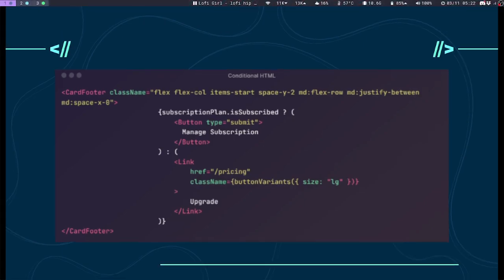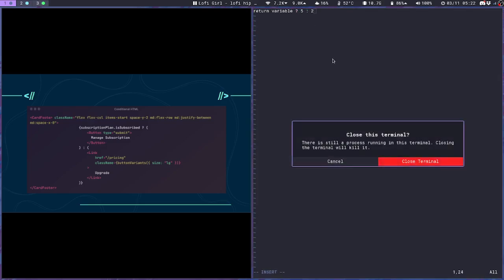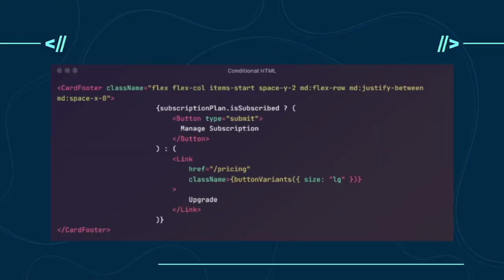So imagine we're in a C program and we wanted to basically have a value. We wanted to return 5 if a variable is true, or 2 if it's false, right? So what we could do is we could say variable, question mark, 5, colon, 2. So basically saying if this evaluates to true, then this, else this. That's the syntax for a ternary. The question mark is basically saying if, and the colon is saying else, right? It's not super duper complicated syntax, but you're allowed to use it in JavaScript.